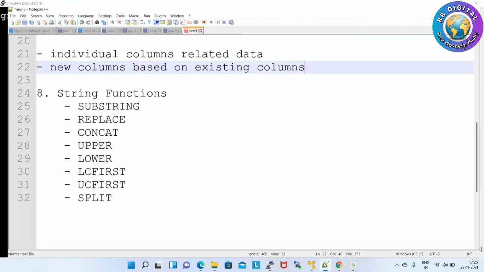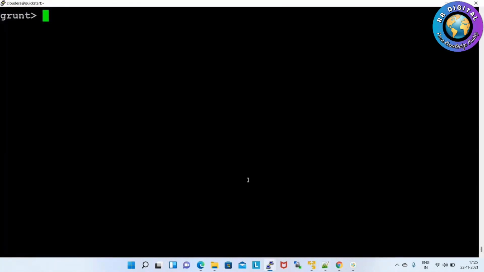So next one, split. Bag B equal to split. Split means whenever you want to split your data into multiple tables, that time you can use split. Based on some condition, if you want to move the condition matched data into another bag, you can. So split, you are applying on which bag?